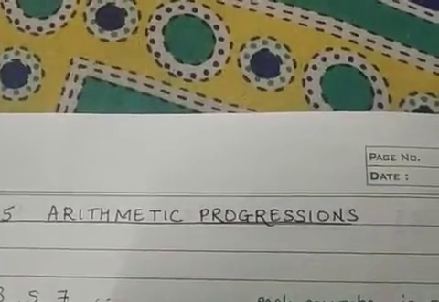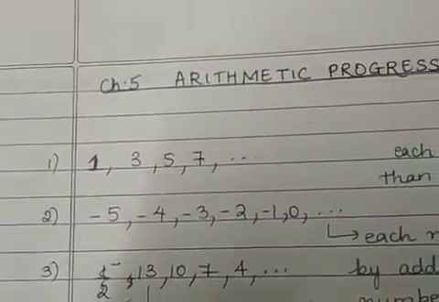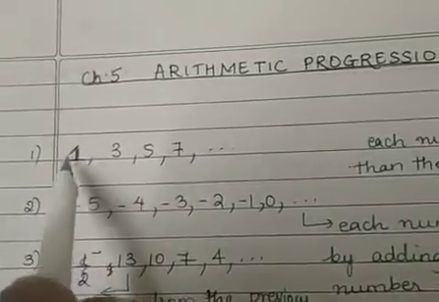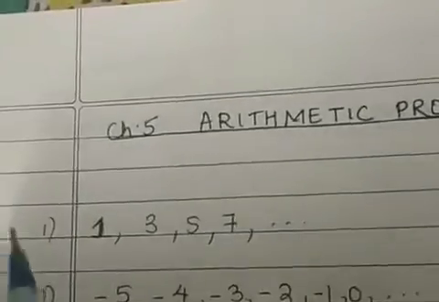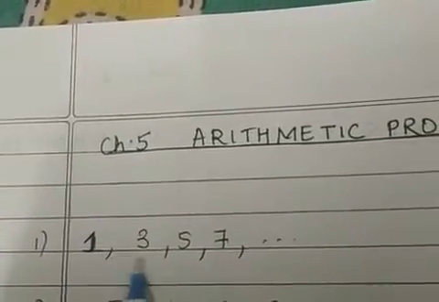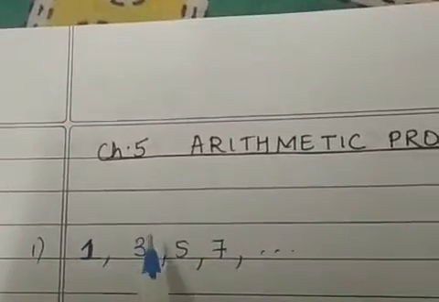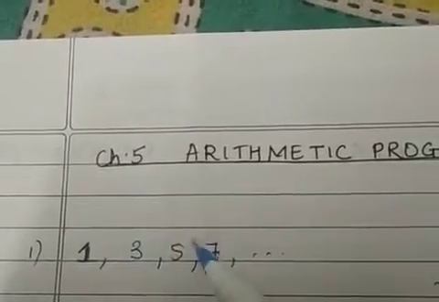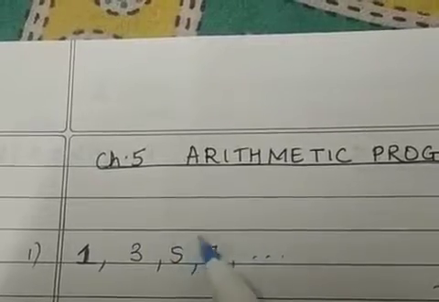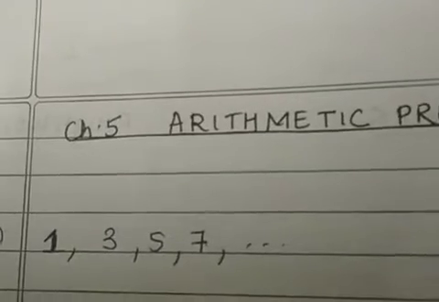So before we directly jump to arithmetic progressions, here I have a list of numbers. You can see here I have some set of numbers which are written. Let us take the first example. Now look at these set of numbers very carefully. Look at the second number and the first number. Similarly, look at these two numbers. Take any two consecutive numbers and see whether you can find any pattern in these numbers.